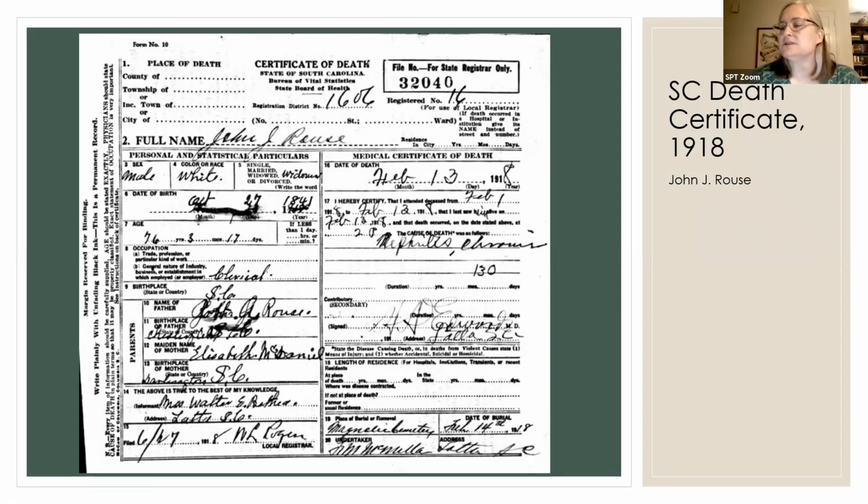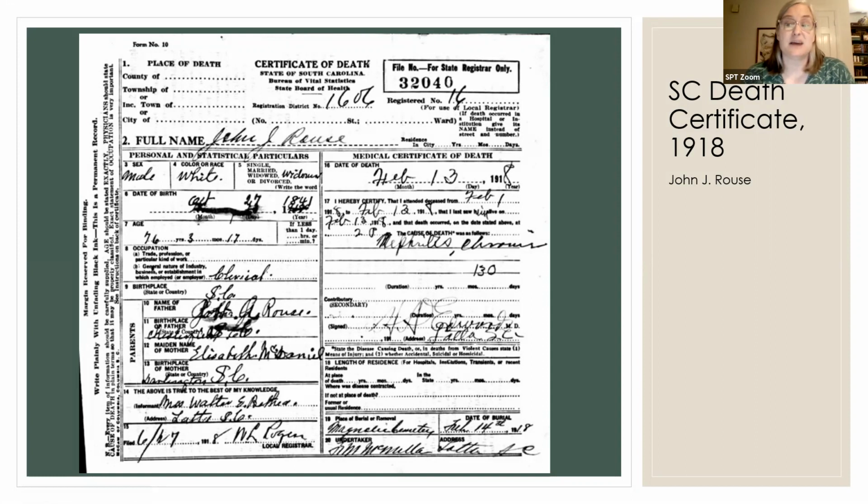I've always seen Darlington County for him. They're not that far away from each other. And then Elizabeth McDaniel in Darlington. And so you get cause of death, date of birth. And that may have been she was giving the wrong information when asked for date of birth. Sometimes you see an informant who gives their own date of birth instead of the date of birth of the decedent. So remember, death certificate, other than the actual right-hand side where you're looking at the cause of death and the date of death,